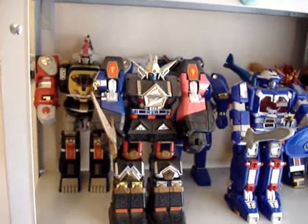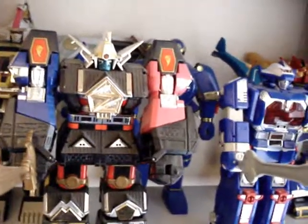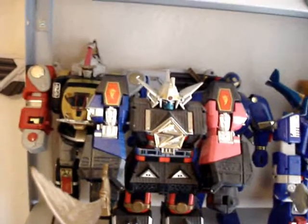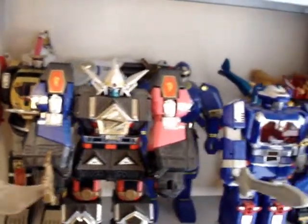Now you can tell this one isn't a Japanese release, hence the pink Shogun Zord there. Yes, we all know how we feel about that. Then we've got Deluxe Ninja, and most of the ones that I bought when I was a kid will obviously be the American or UK releases, but recently I've tried to buy Japanese, so that's what the next